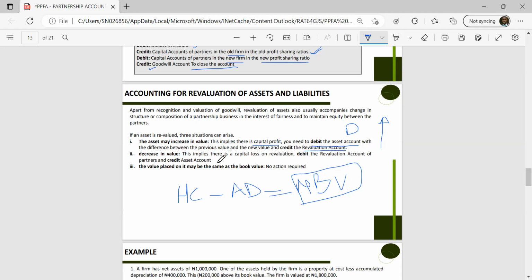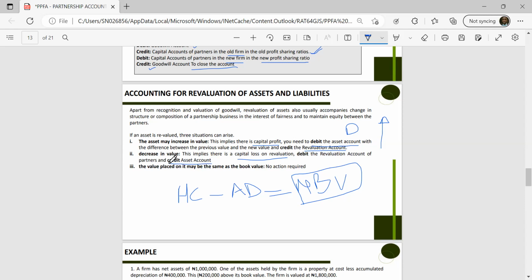Another situation is that the asset could actually decrease in value. For example, if you bought a brand new car for the firm, and after 2 years the net book value might actually be higher than the net realizable value. So by the time you do revaluation, you pick the net realizable value, and that is what you'll put on your account. So this implies that there is a capital loss on revaluation, and it is the other way around. Instead of credit, you debit the revaluation account, and because the asset is going down,